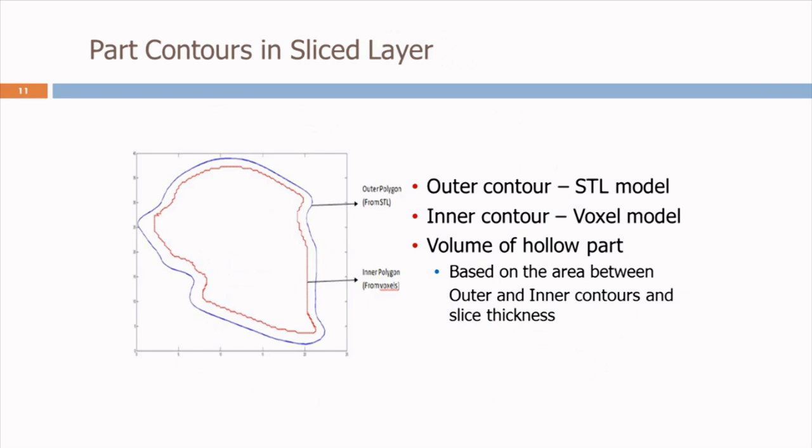At each layer, what finally emerges is a scenario like this, where the outer layer, which is shown in blue, is the one coming from the exact model, having that many facets, which is obtained by geometric algorithms working on the oriented model, the slicing, and the blue contour, which is the exact contour, because that is what is going to determine the part accuracy. The inside contour is coming from the voxel model, because functionally it is not important, so its approximate profile is good enough. And you can see that the volume of the hollow model is primarily based on the area between the two contours and the layer thickness you have chosen. Summed up over the entire layers, it gives the volume of the hollow model.